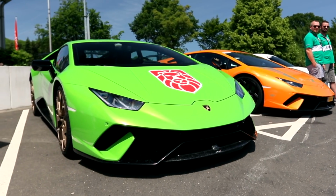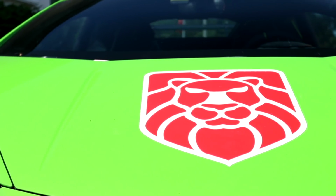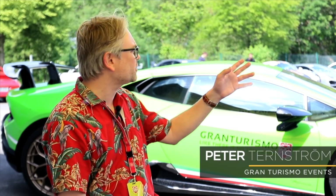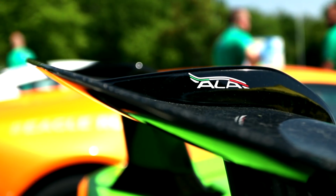My particular car for the event is this beautiful Lamborghini Huracan Performante. What I like the most with this car is actually the color. The green color is beautiful, and as you can see here on the parking lot, there's pretty much no one that has a green car. And also it's the Performante, which means that they took 40 kilos of stuff out